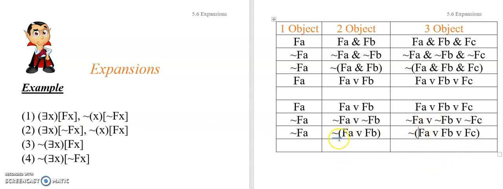Now, after you De Morgan this through, you get not FA and not FB. So this is saying nothing is f, so A is not f and B is not f, right? Similarly here, A is not f and B is not f and C is not f, right? So